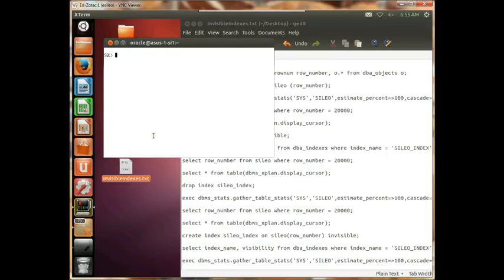So today we're going to talk about invisible indexes. You can create an index or alter an index to be invisible, and that allows you to do some what-if analysis to see the impact of what this index does to the application. So you can keep the index in the database, you can keep it consistent, but it just won't be used